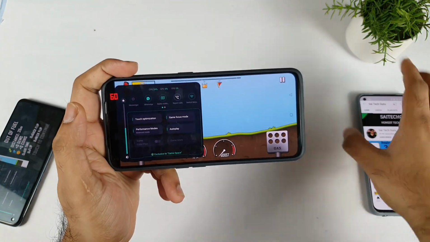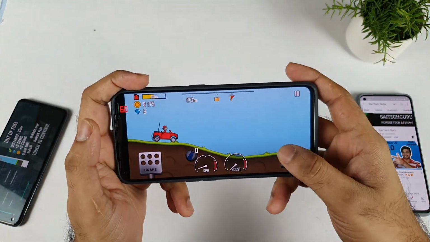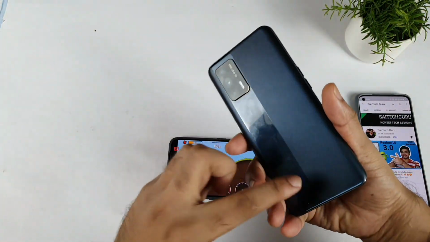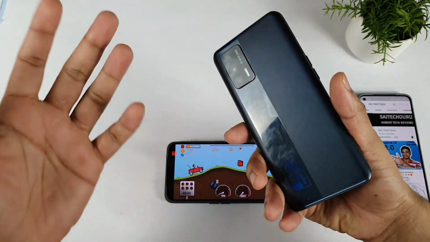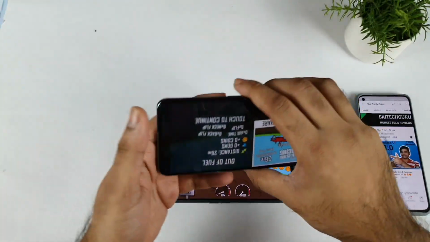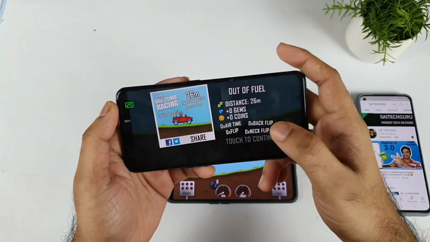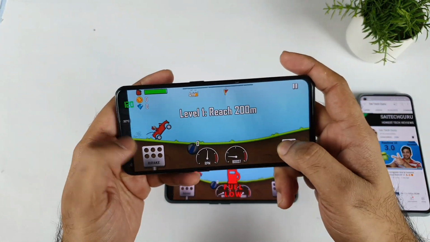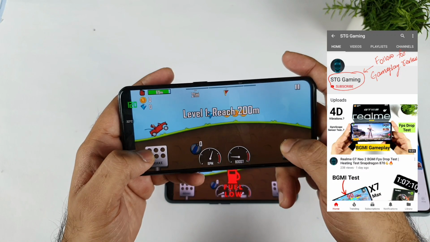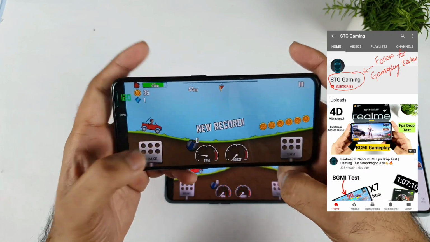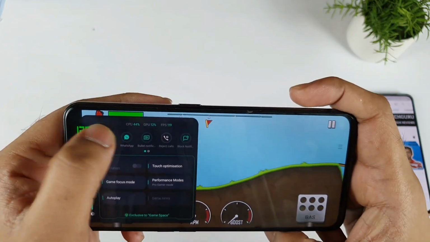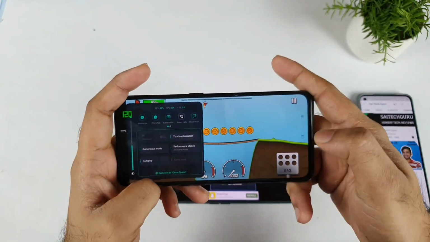If you have doubt whether this problem can be fixed with software updates or not, yes, it can be fixed. The real proof is the Realme X1 Max. The Realme X1 Max also had similar previous issues, the high refresh rate and brightness trick and everything. But now you can actually play the game at full brightness also, without any kind of problem. As you can see friends, right now I'm playing the same game, and you can see the real-time FPS I'm getting is about 120, reaching 114. Clearly, same game, using the same brightness trick.